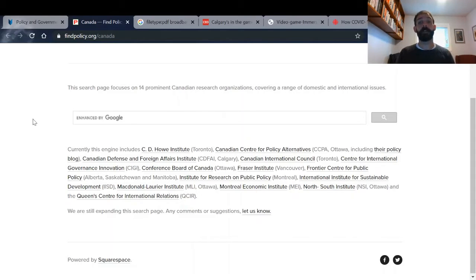And there's bias in all types of sources, right? We all have natural biases. But often these come through a little bit more strongly than you would see with scholarly literature. So if you're using reports from a particular institute or think tank, it's often helpful, if you're not familiar with them, to do a little bit of background research and see what kind of perspectives they're coming at the issue from. It doesn't mean that the research that they're putting out is bad.